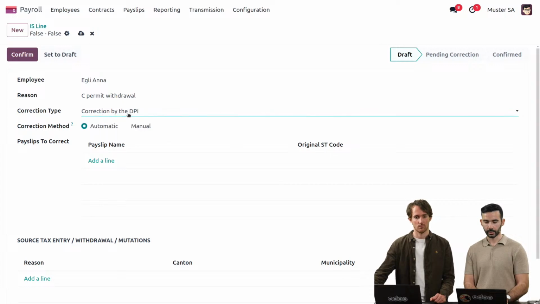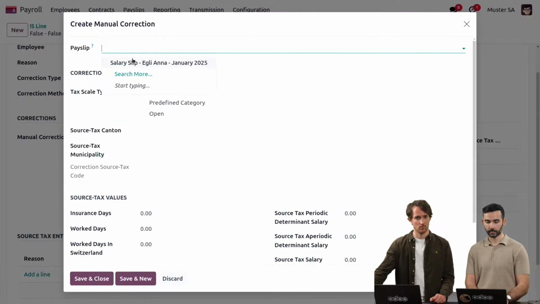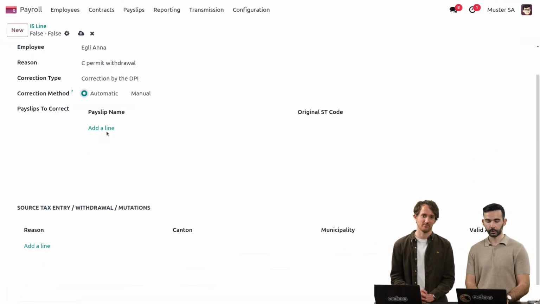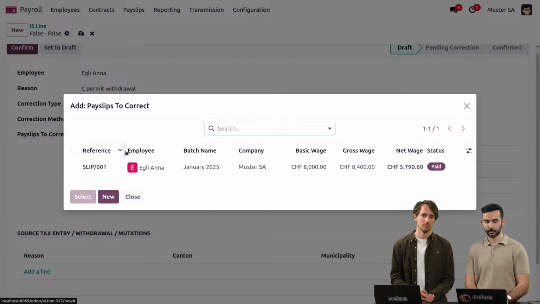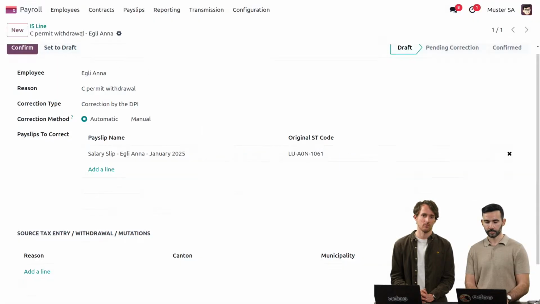This is a correction by the DPI, so a correction by us. You can choose to either make it a manual correction, so it looks like this. You choose the wrong payslip, and you have all the values. If you are good at math and at source tax, you can do everything yourself. But we also have now this automatic correction method. You choose the relevant payslip, save,